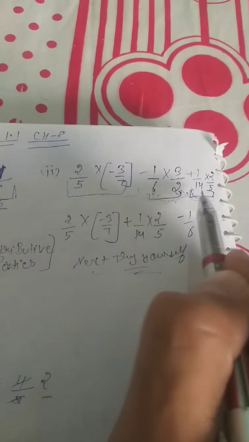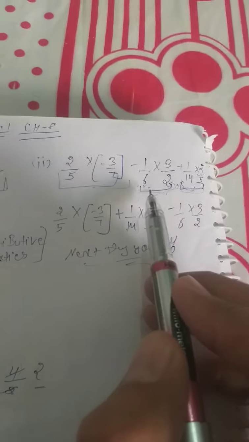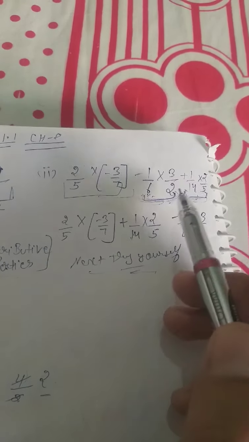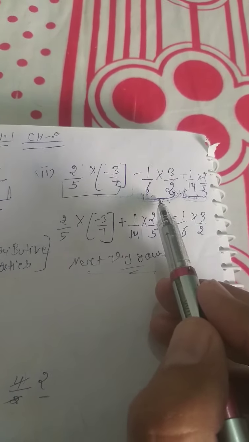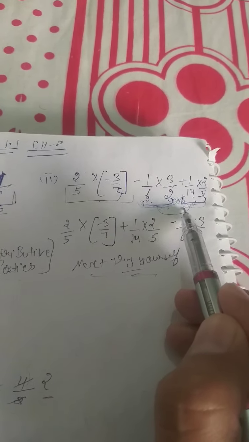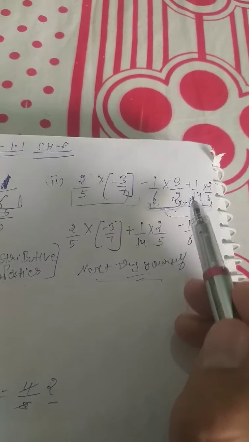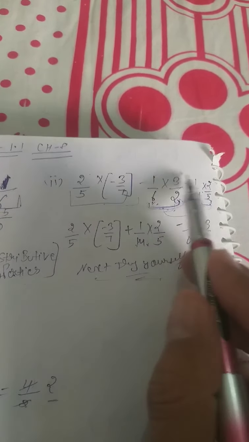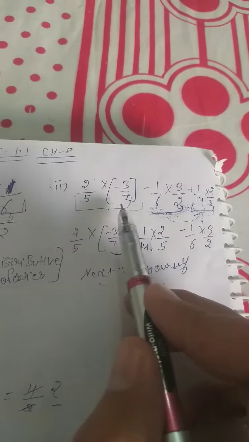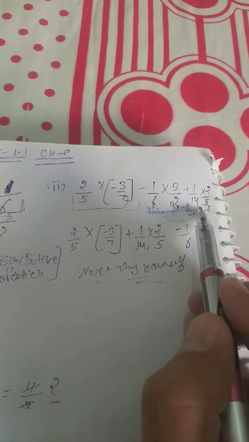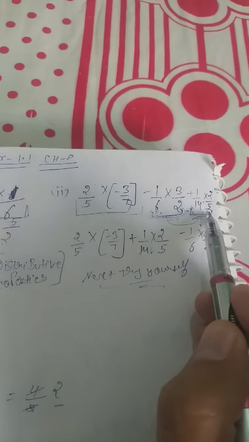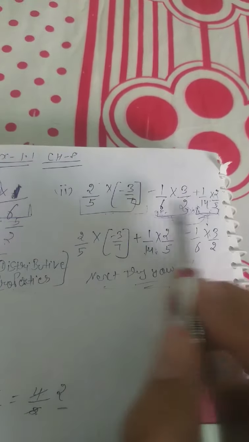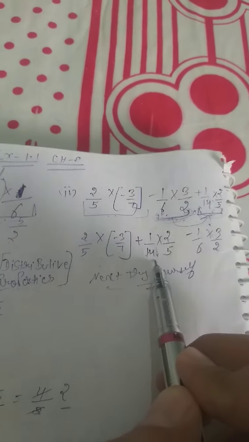Now the second part of the first question, the same question, with first term, second term, third term. In this question there are two numbers in the second term. No problem, we can change the places of these terms. The third term comes to the second place and the second term goes to the third place, because in the first term and third term there is a 2 by 5 common. So we can take these two terms together.